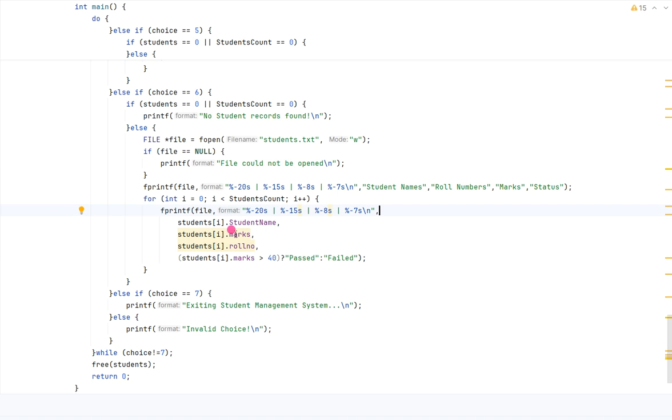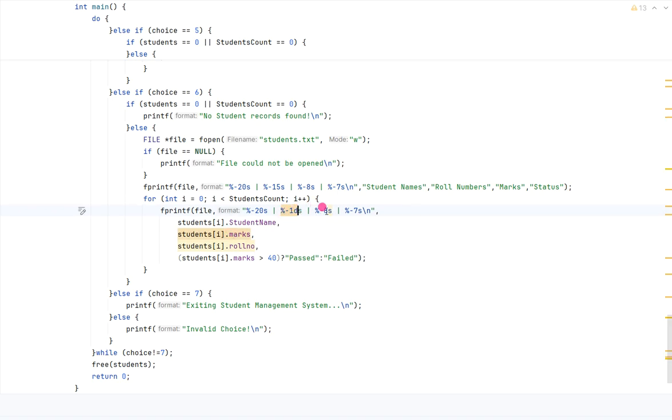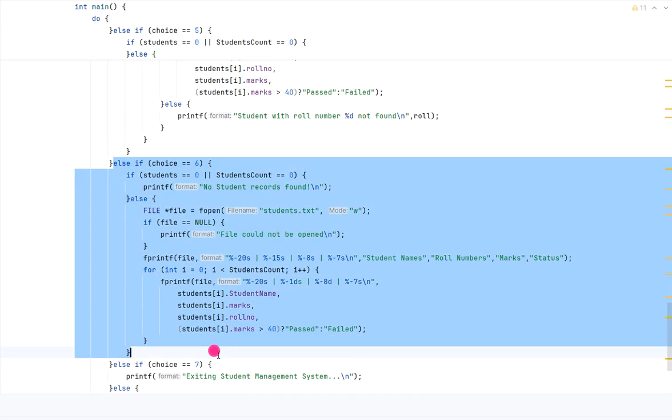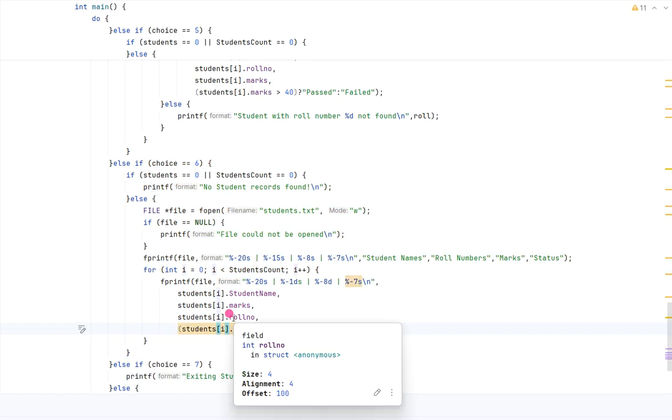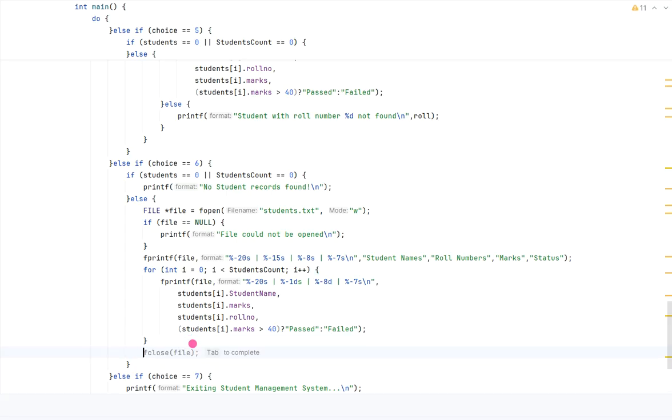This is integer, so here will be percentage d. This is integer, so also put percentage d, and this is string. Pass or fail is string. So this is the code that will save anything that we have inside our container to file. After doing everything, we are going to close the file and then write a message that